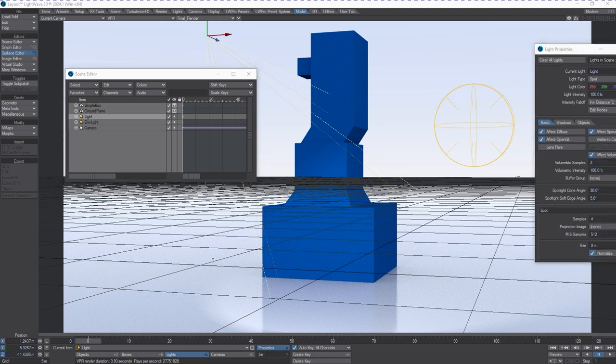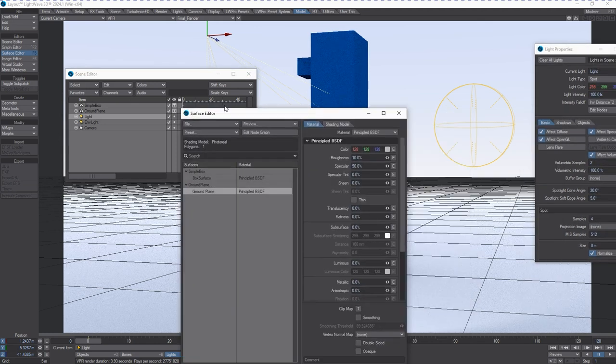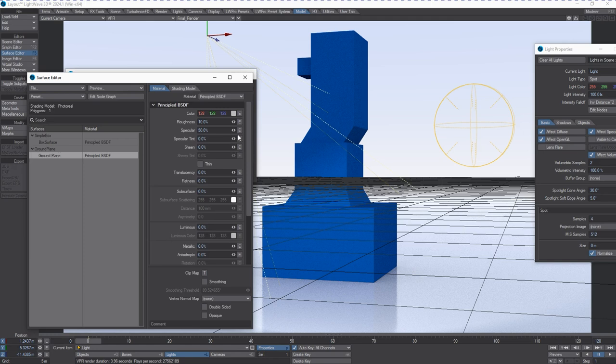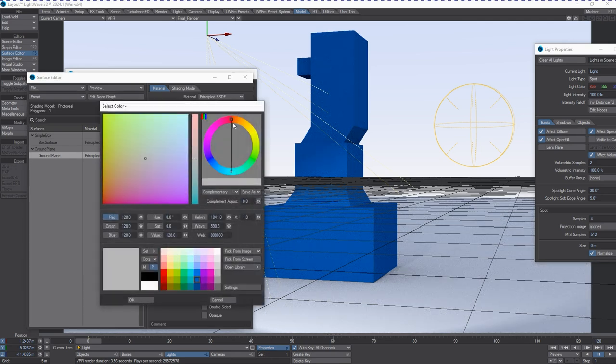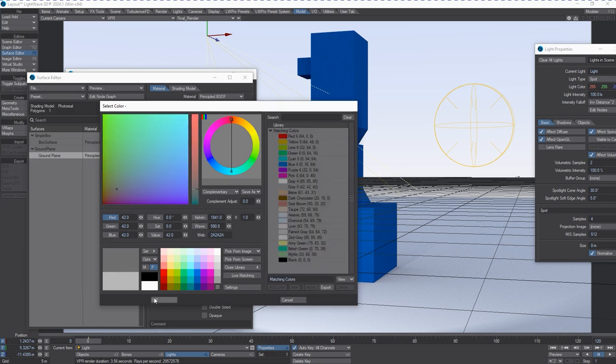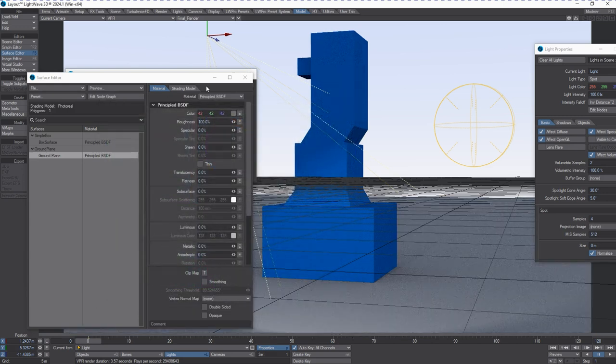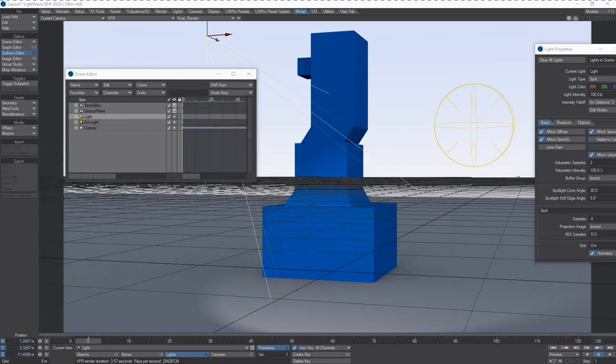Now this surface that we've got is quite glossy and it's reflecting stuff, so we're going to turn the specularity of this off so it becomes a little bit easier to see what's going on. We're going to turn the roughness up to 100%, and we'll turn this down to something darker. Okay. This way we can see that shadow. Now,